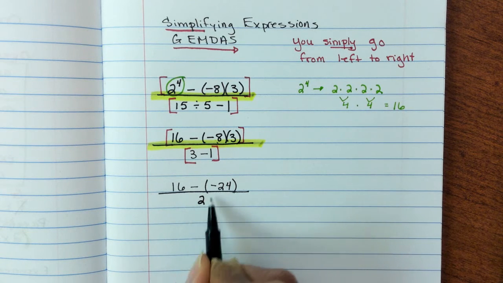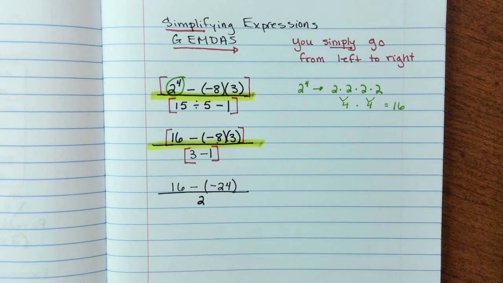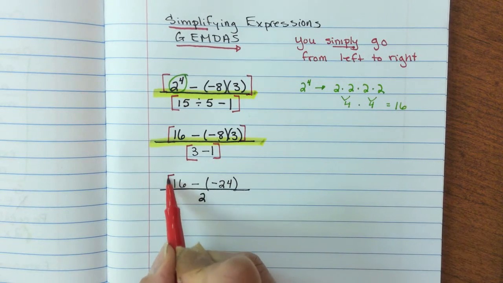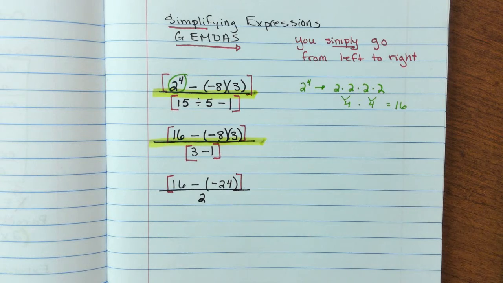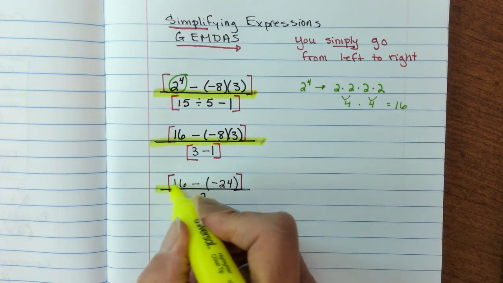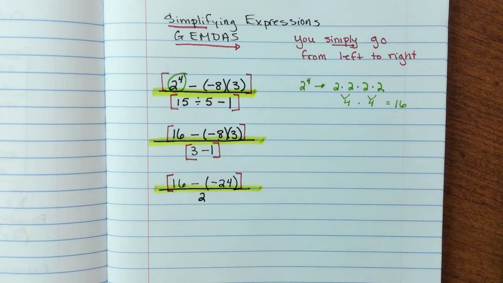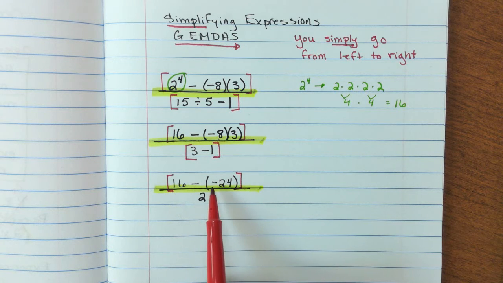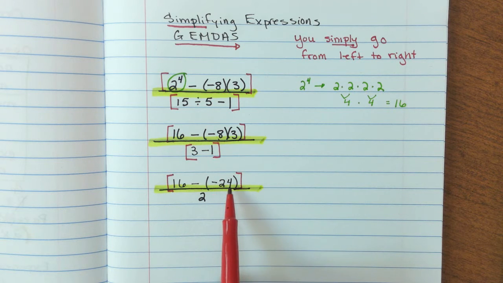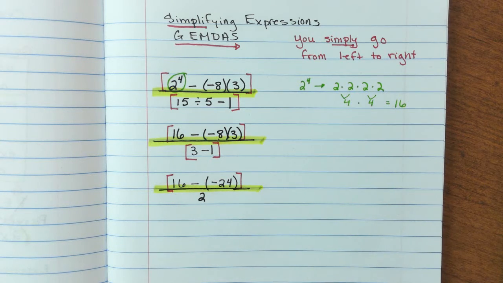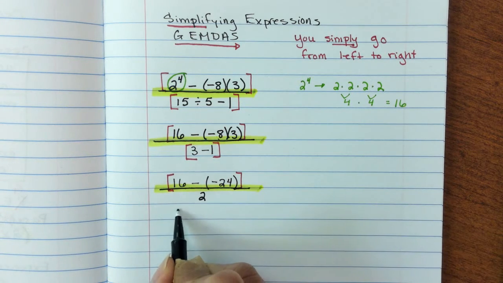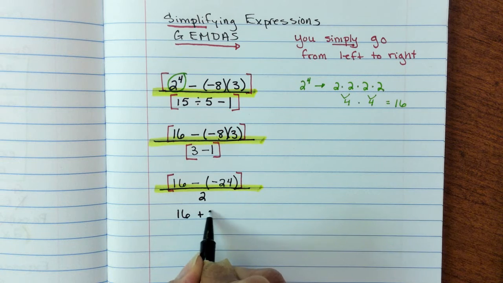So I've simplified it so I have no more grouping in the denominator, but I still have a grouping in the numerator, and this is still acting as my grouping symbol. So now what do I have? I have a 16 minus 24. Well, that's minus times negative, so that becomes positive. So that's 16 plus 24